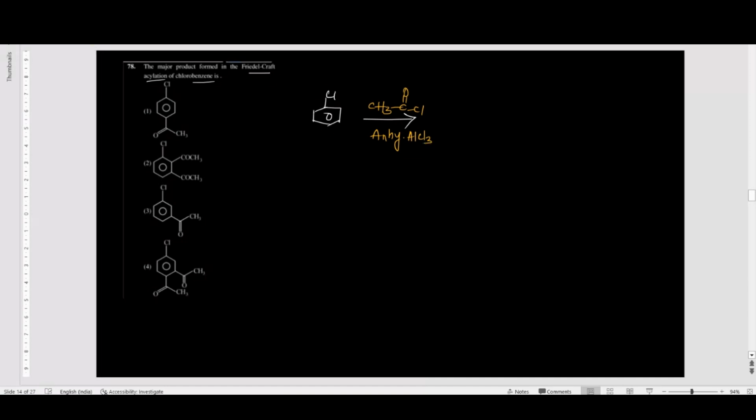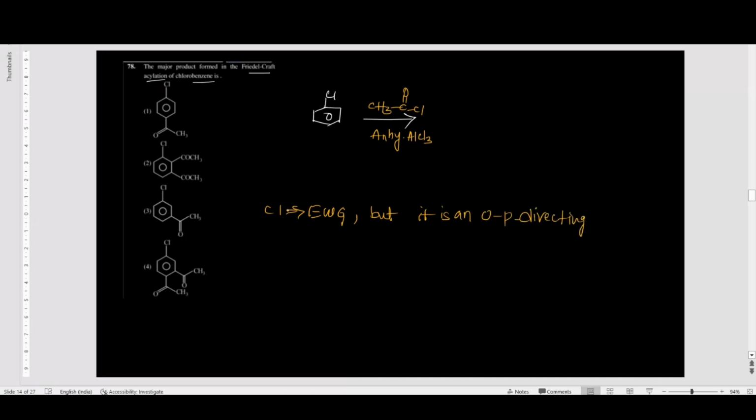As we know, this will undergo an electrophilic aromatic substitution reaction, right? And one more thing is that here Cl is an electron withdrawing group, but it is an ortho para directing group,